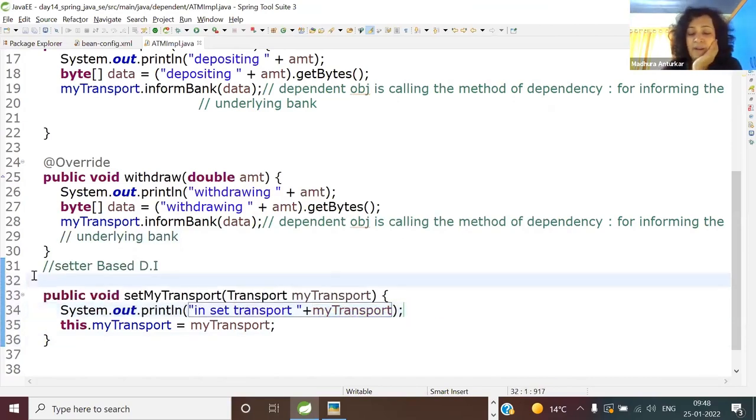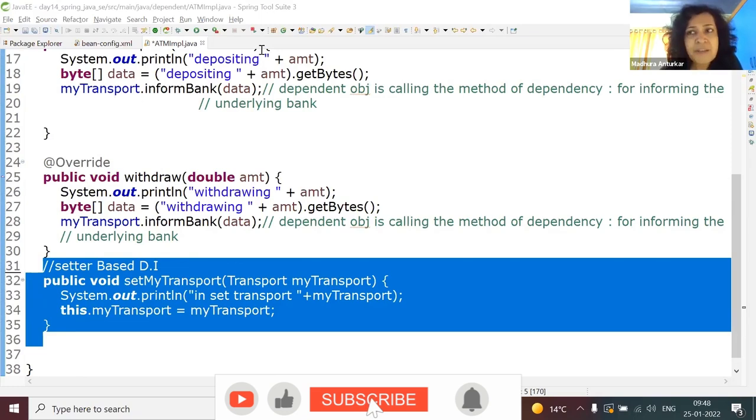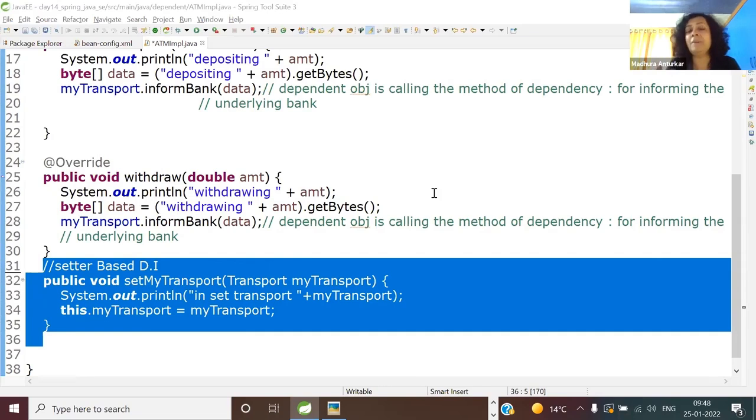So guess smartly. Who is going to call this setter? Programmer or Spring container? Programmer. If you say programmer, again, it is a tight coupling. You are required to call this. This is going to be called automatically by the container. That is the whole business of dependency injection. So it doesn't matter even if you give me a wrong answer. Has everyone added the simple setter? I don't have to share any code more than what I've shared. It's just a 1-liner, 2-liner type.